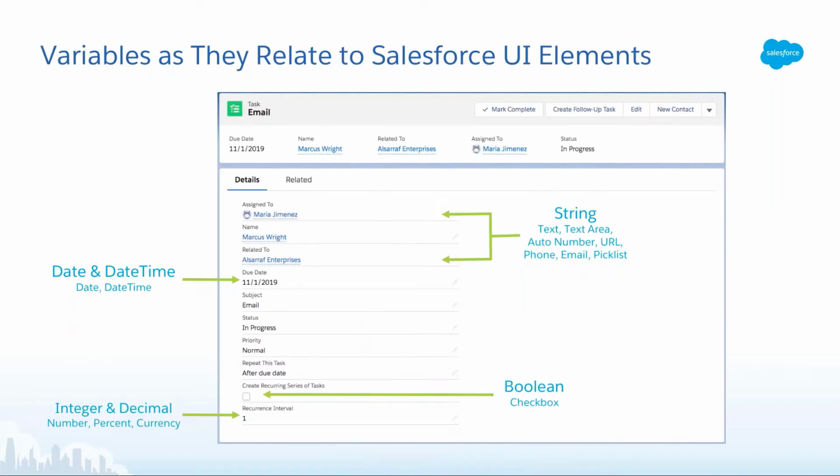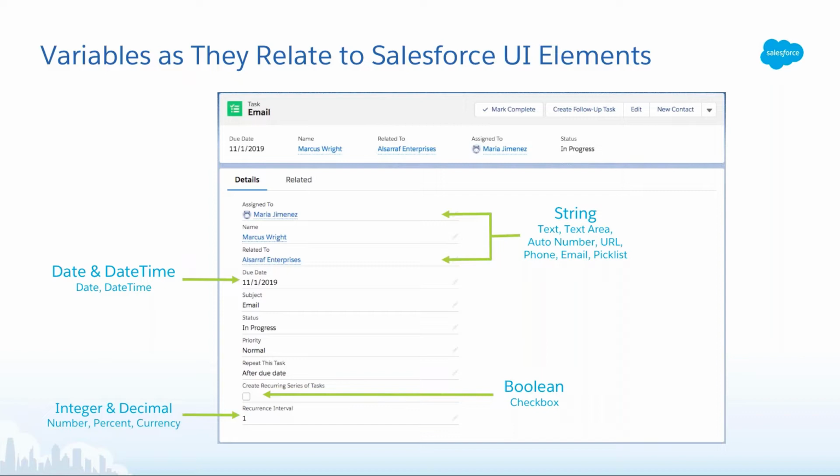If you've ever created a task, then you know that there are multiple fields that you can add to the task object, from text fields to number fields, dates to checkboxes. Well, the same fields that you see in the UI are the variables that are associated with an sObject, in this case, the class sObject. And just like every field has a data type, so do variables. For example, in the Object Manager, we can create fields for text and URLs and phone numbers, emails, and picklist values. In Apex, all of these variables have a data type of string.